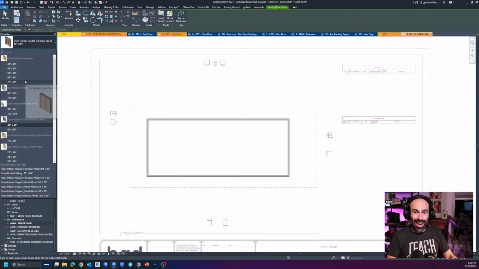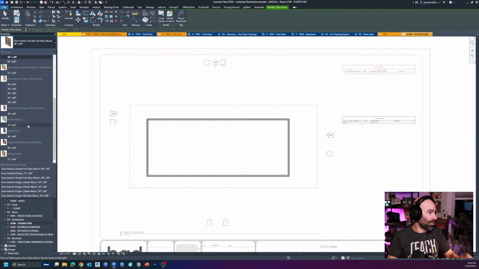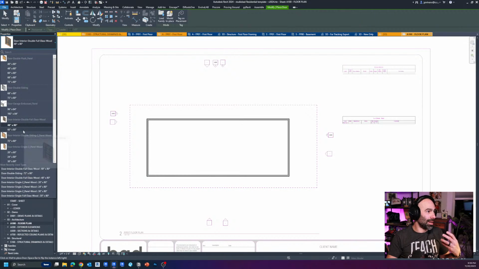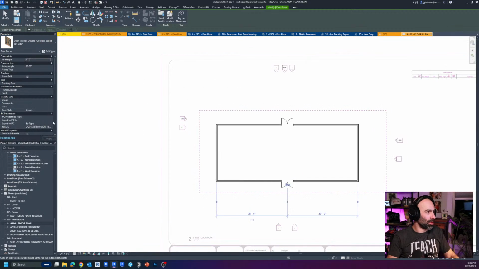This is probably 90% of the stuff that I do here: a double sliding door, overhead, full glass wood, the interior, 2-panel, interior sliding, that kind of stuff, double glass. So it's basically the essentials. If I need other stuff, that's when I pull it in. But you're going to get 90% of your small scale residential work done with this kind of stuff. So I'll just do a quick couple doors here. I just want to show you sort of what the